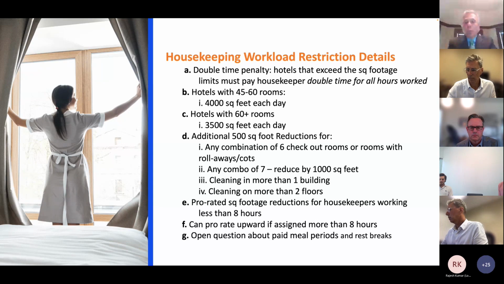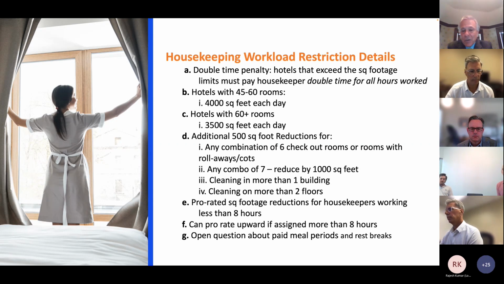In the LA ordinance, there's also this one little gift where if an employee works more than 8 hours, and they can work up to 10 without consent, you actually prorate up. So if your normal workday is 8 hours and they work 10, you can add an additional 25% to the square footage. Last thing I'll mention, this is a big issue and one that you should check with your in-house counsel